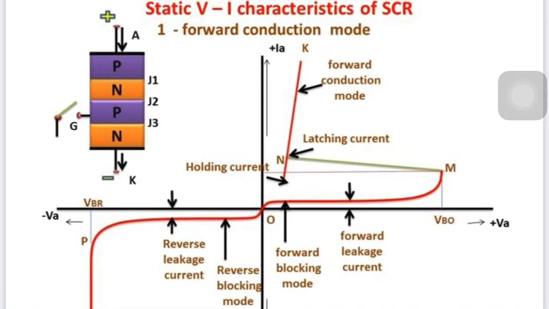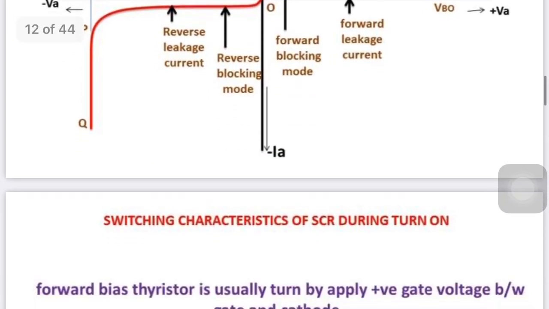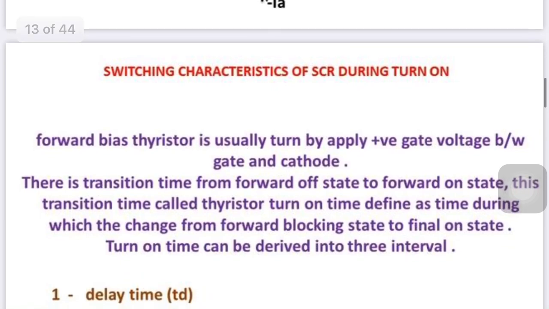So you can see that my characteristic is shifted from M directly, because now there is no need to further increase the anode to cathode voltage. Now it has to be reduced. After reaching the holding current, the anode to cathode voltage reaches some minimum value over here. At this voltage, the holding current reaches the latching current, and then it increases. The line is a little bit crossed because of some leakage current flowing in the forward direction. Okay, so these are the static characteristics of SCR.